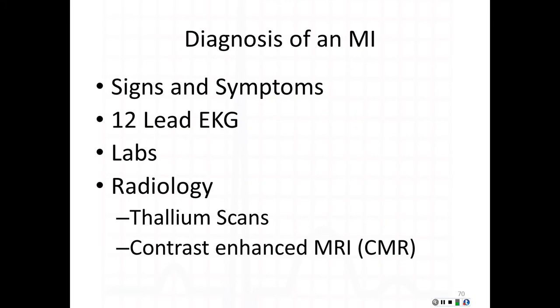So how do we actually diagnose an MI? Pretty straightforward, really, with 3 different types of processes. The signs and symptoms, how that patient comes in, what they complain of. Most of us know the typical signs and symptoms of a heart attack is substernal chest pain, described as pressure with radiation to the left arm, shoulder, and jaw. Now,